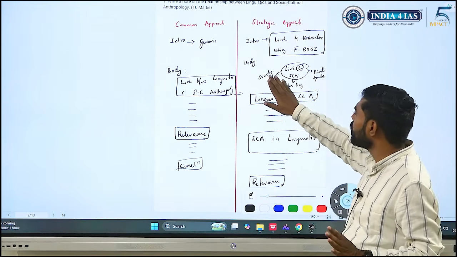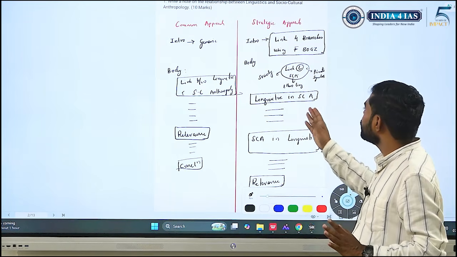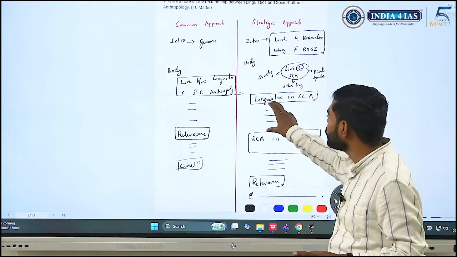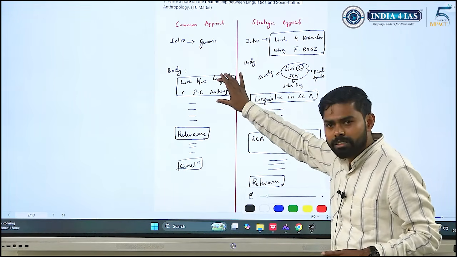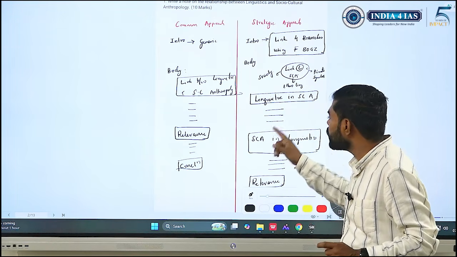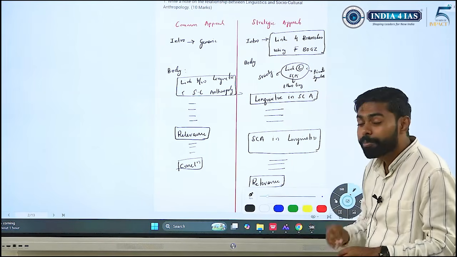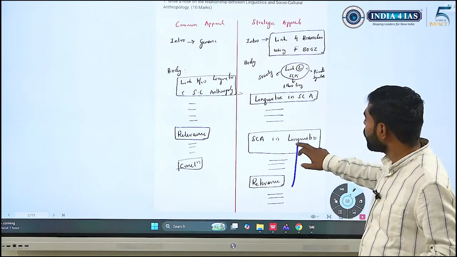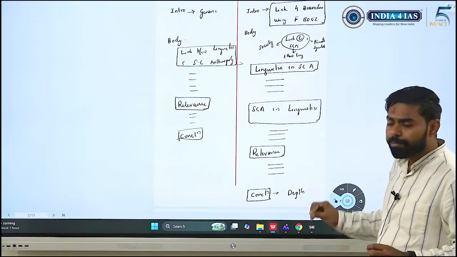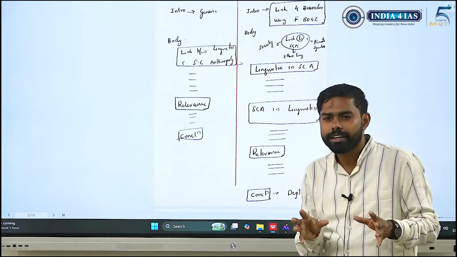They are linked by sociolinguistics, ethnolinguistics and primate symbolism. And linguistics in sociocultural anthropology, how linguistics helps in understanding sociocultural anthropology. That is one dimension. Instead of writing one dimension, I'm splitting into 2 dimensions: linguistics in understanding sociocultural anthropology and sociocultural anthropology in understanding linguistics. So I'm making it a bit more structured. Okay, and after that I'm writing the relevance, and then I'm concluding with some sum up or broader idea.